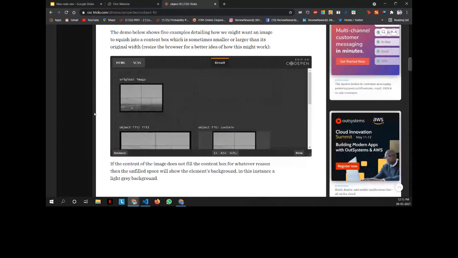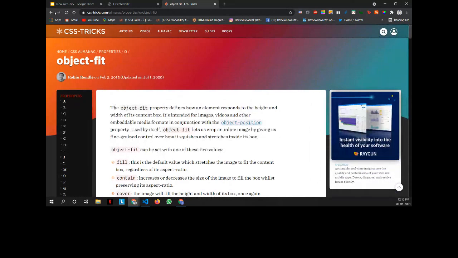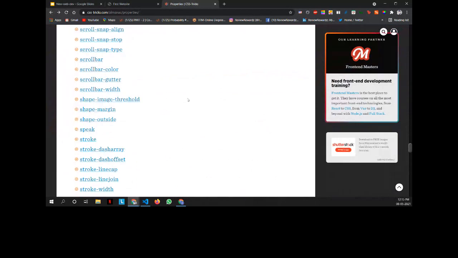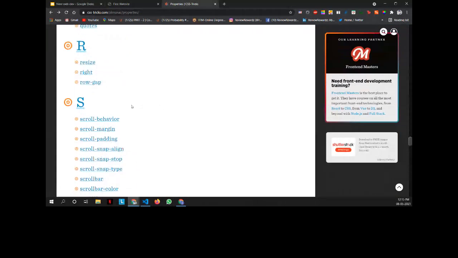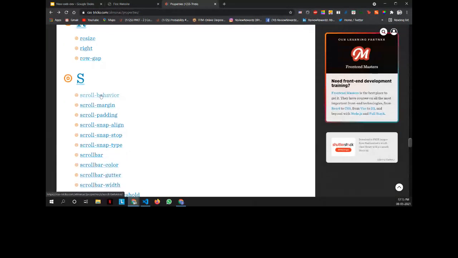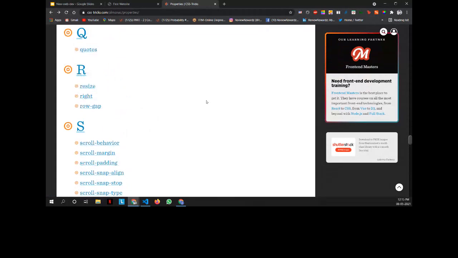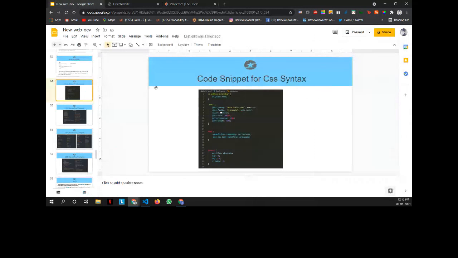You all could just go on this site and randomly select any. Even if you do 2 CSS properties per day, you will definitely get over it fast. It's very easy. Some properties are just parent and children behavior. Like see the scroll behavior. There are different scroll bar behaviors here. So you all could do that. I've added the link in the chat, so you all could just see it.